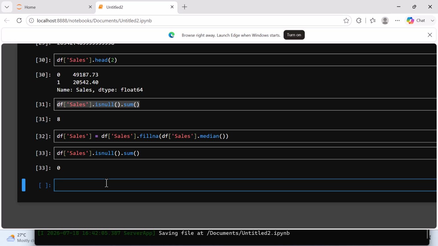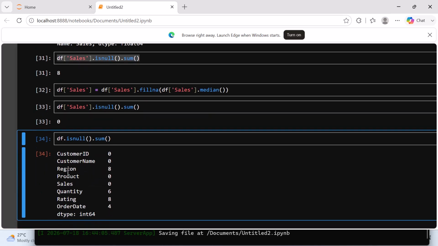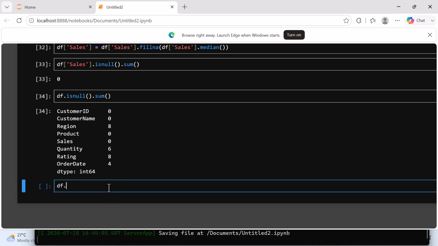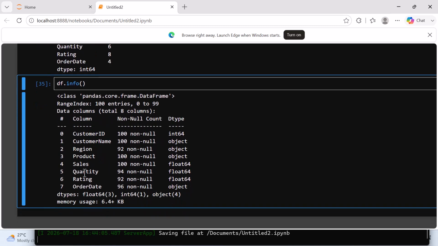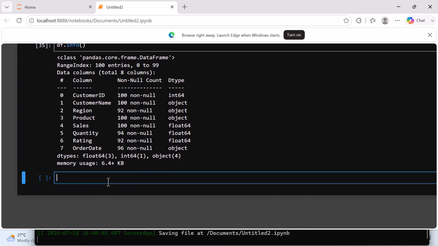So apart from that, what other column do we have missing? We've done two, no? We've done customer name, we've done sales, and then which of these is also numerical? Let's look at our numerical column. Dot info. So sales, we know sales is definitely numerical. All right, so quantity is numerical and it has 6 missing values. Let's look at handling quantity